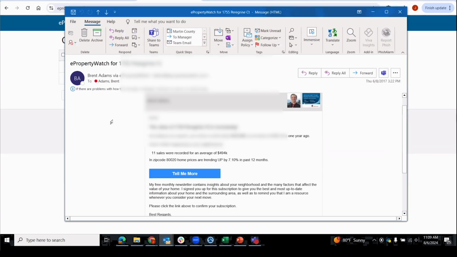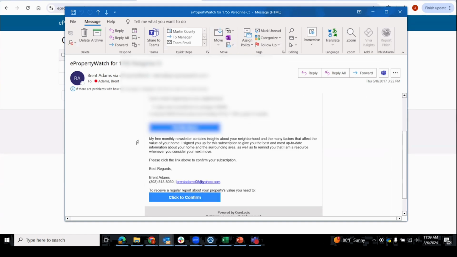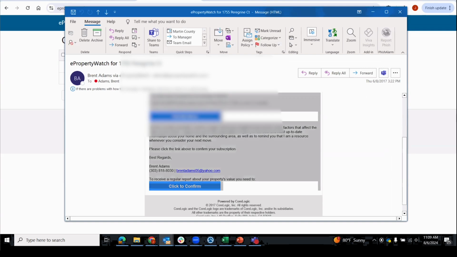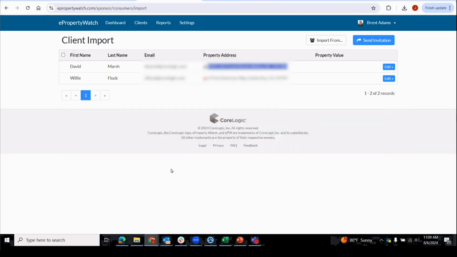And really, it'll show them about the fact that you've got some information on their home. If they're interested, they can be told more about that information. It explains about the free monthly newsletter you're going to end up sending out to them as an agent. And then to confirm their subscription into the service, it's right down here at the bottom. Again, the best thing about this service is it's completely free to you. It's completely free to your clients. It's just a nice drip marketing campaign that you're going to be able to set up and give them information